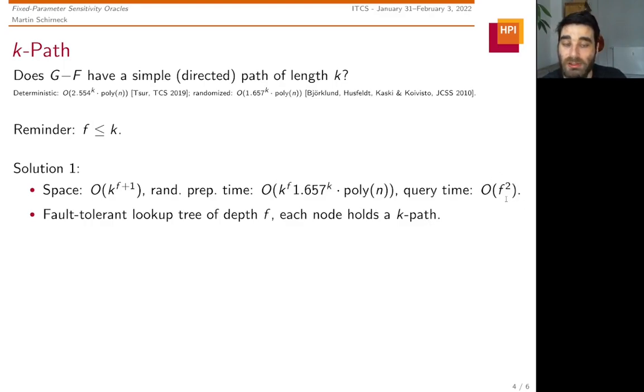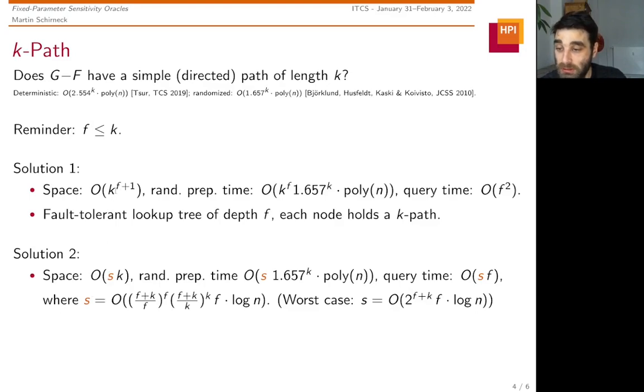This then allows us to bring down the query time significantly, but of course these trees are huge. So we also thought about a solution that brings down this space, and indeed we can essentially trade this k to the f factor here for some factor s, which is this beautiful expression. This is much smaller than k to the f. To give you some intuition, in the worst case for f equal to k, this is essentially 2 to the f plus k times f times logarithmic. So we really bring down the space and also the